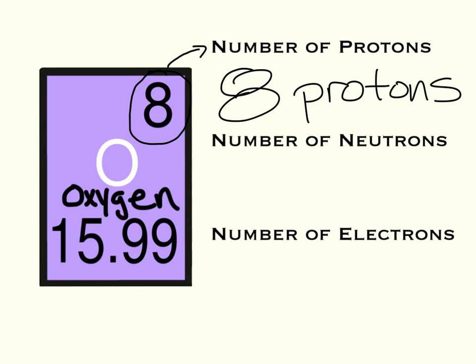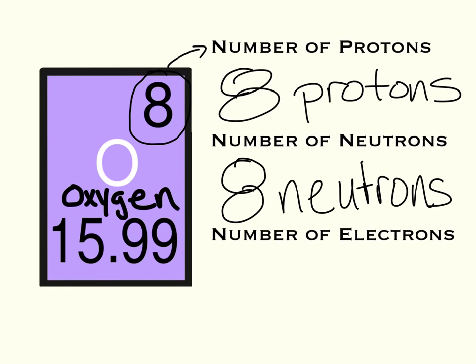Now, the number of neutrons. Remember that this number right here, the 15.99, is my atomic mass, which represents the number of protons and neutrons. I'm going to round this up to 16 just to make my math easier, because we can't have half numbers or smaller numbers of neutrons. So when we look at that, I'm going to also have 8 neutrons,